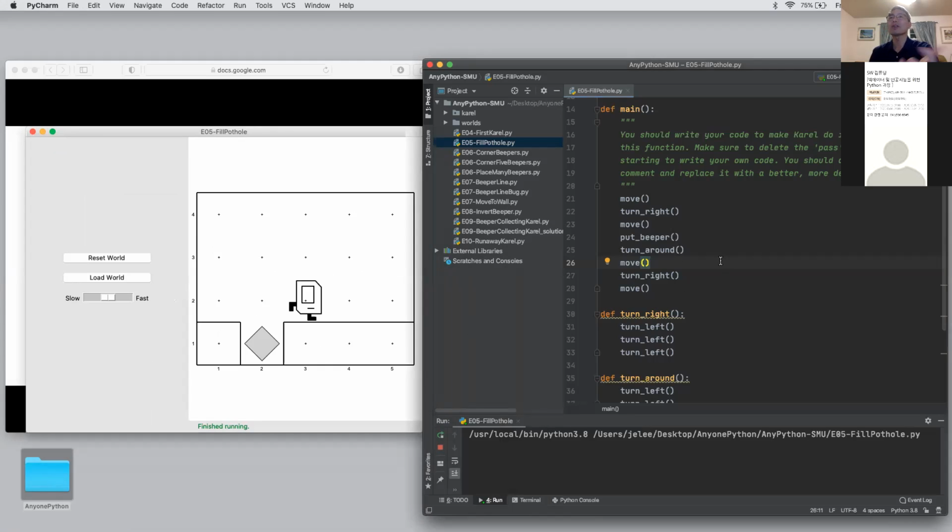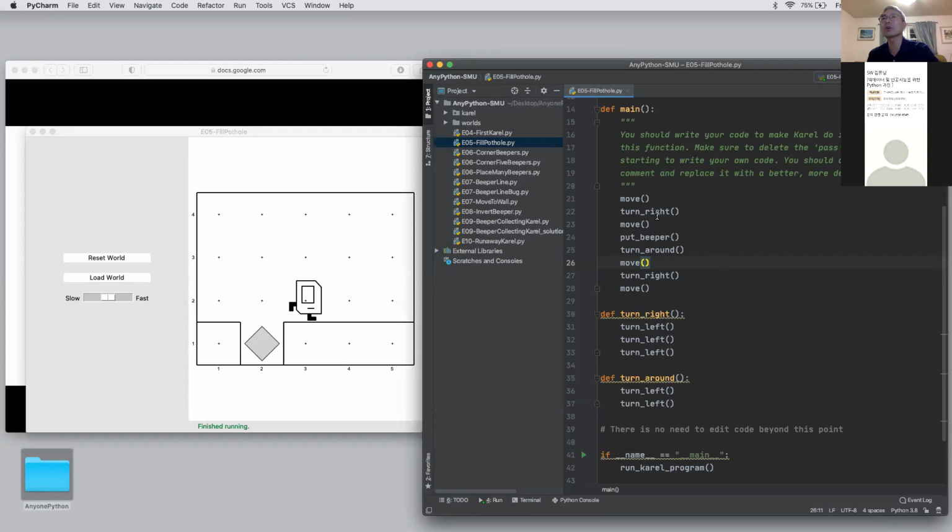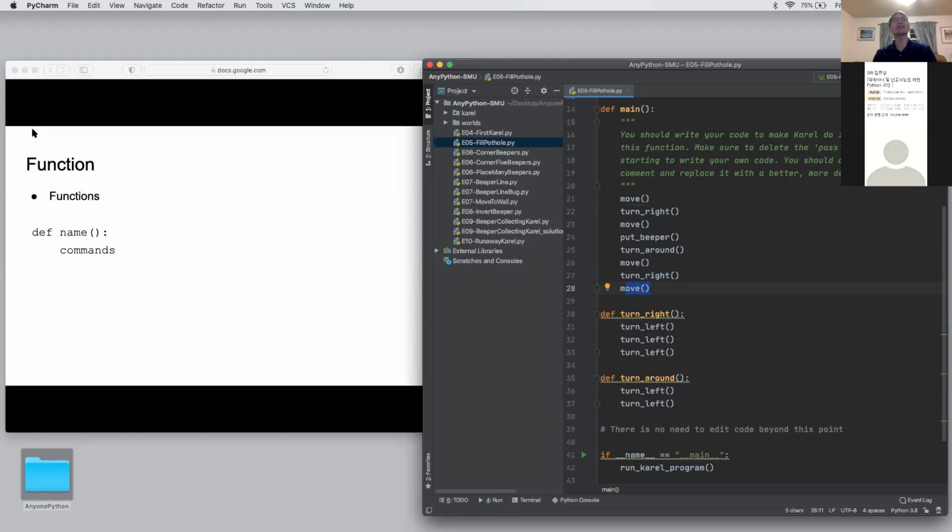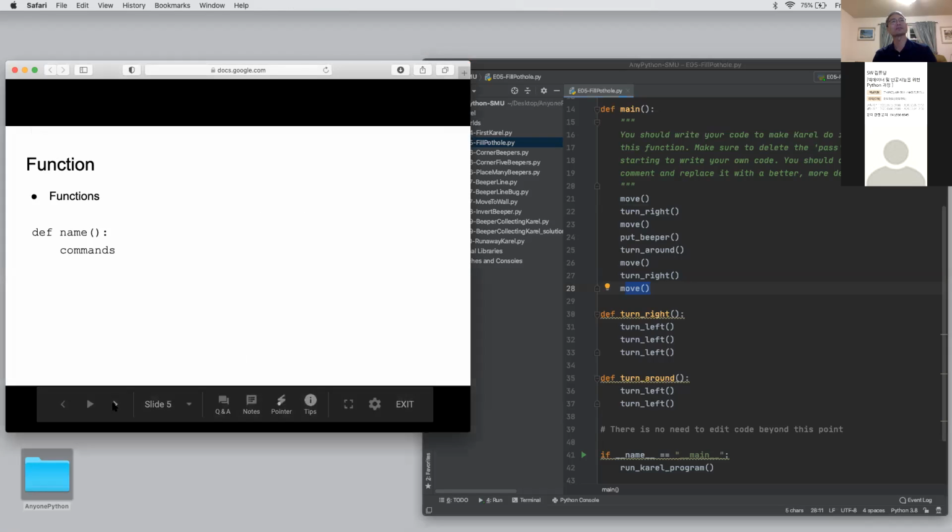So what's the benefit of using such a function? See the code. It's very easy to understand and read. So we can intuitively understand move, turn right, move, and put beeper, turn around, move, turn right, then move. Okay? Looks good. So this is the benefit of using such a function. Okay, then